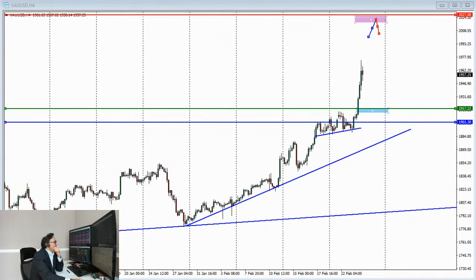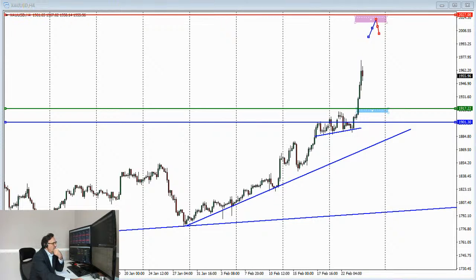Where am I now? So gold, massive breakout higher in gold. If you remember, yesterday we were looking at gold being quite bullish and so on, and now you're seeing this massive breakout higher. So where to for gold now? Well, going with the same logic, this looks like an exaggerated, exuberant move higher. This is the 4-hourly time frame.